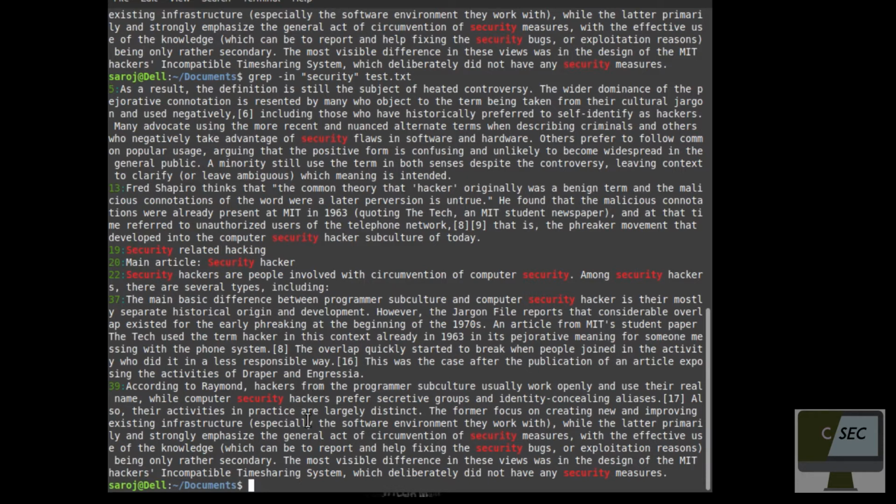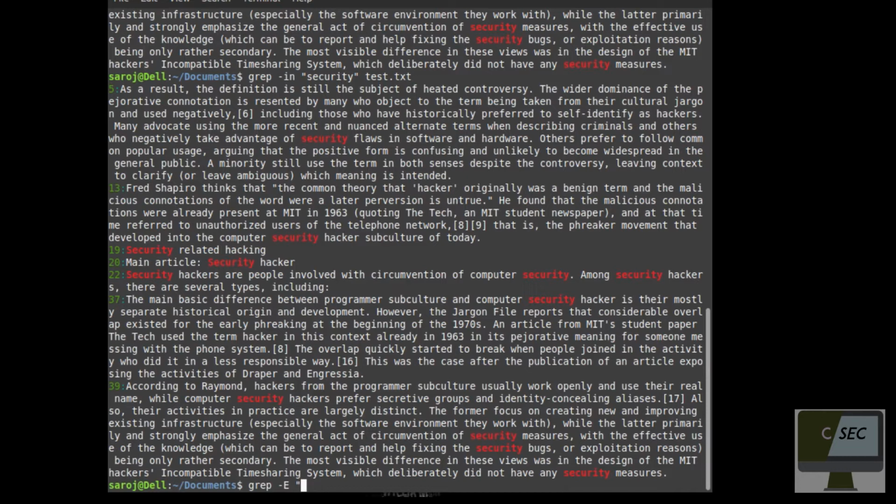Okay, so there are some other flags or options which you can pass with the grep command. If I want to pass some regular expression or some wildcards, then we can do it through grep -e, then our search pattern.